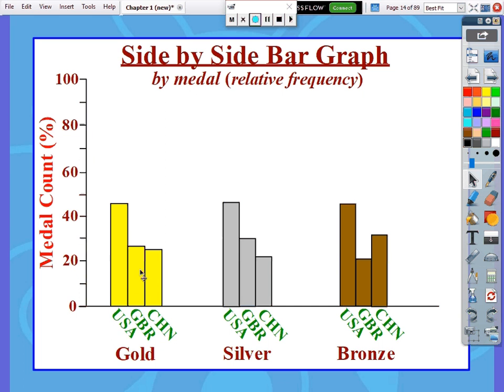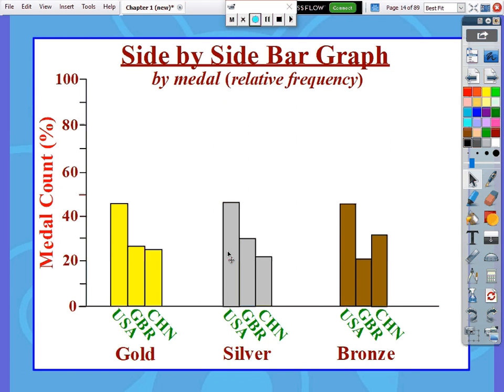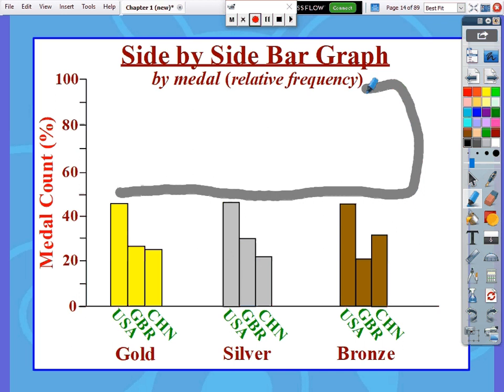So you can see I've got the same graph that I had earlier right here. These were by counts, but now I've converted them all into percentages. And we still see the same patterns there, right? The United States won in all of them: gold, silver, bronze. We kind of saw this decreasing pattern, and then this fluctuating pattern in the bronze medals. But one thing you might notice here is there's a whole lot of space between the 50 and 100% where